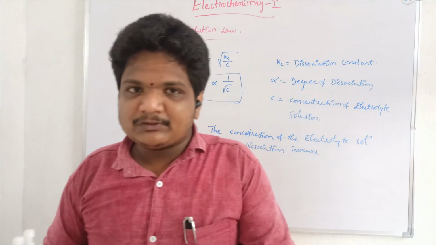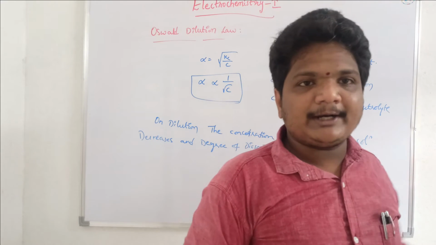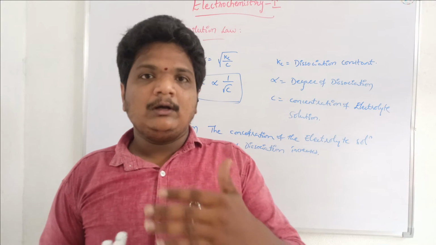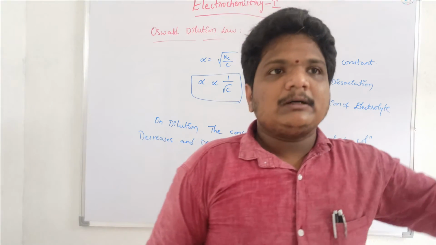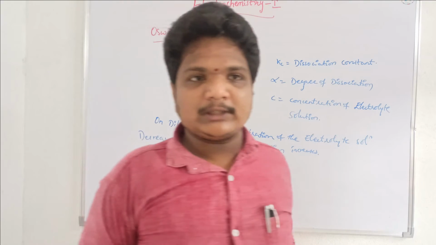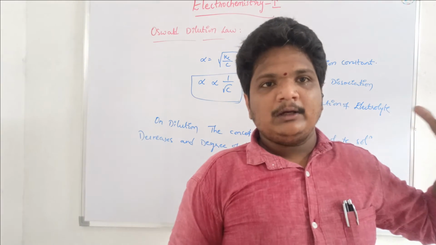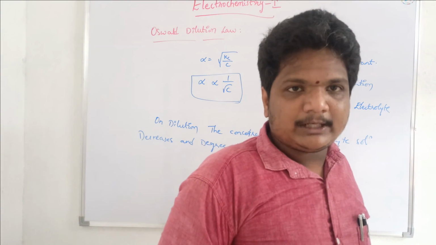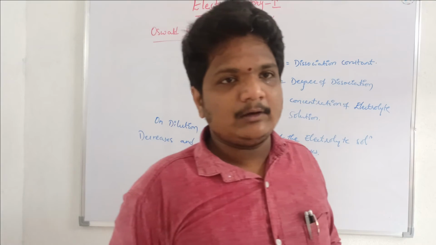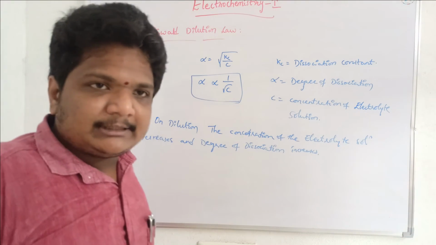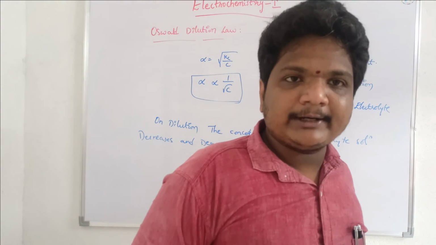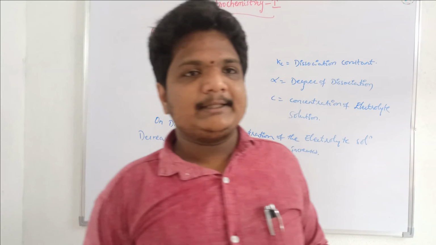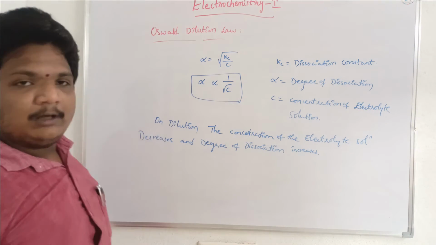Whereas in the case of strong electrolytes, they undergo 100% dissociation at moderate concentration. They can also produce more equivalent conductance on dilution. So by considering this theory, it is not applicable to strong electrolytes, because they undergo 100% dissociation at moderate concentration. This theory is only applicable to weak electrolytes, because they do not undergo 100% dissociation, and there is an increase in dissociation on dilution in the case of weak electrolytes. So this is one form of Ostwald's dilution law.